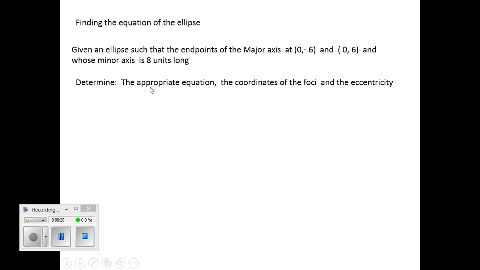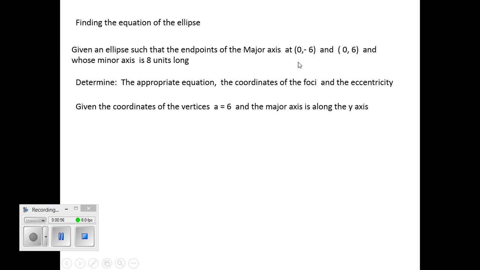The minor axis is 8 units long. So that should mean that it spans along the x-axis from -4 to +4. We want to find the appropriate equation, the coordinates of the foci, and the eccentricity, okay? So, given the coordinates of the vertices, which are the endpoints of the major axis,